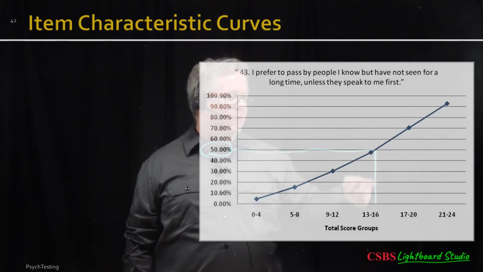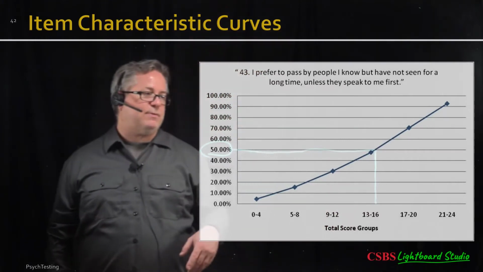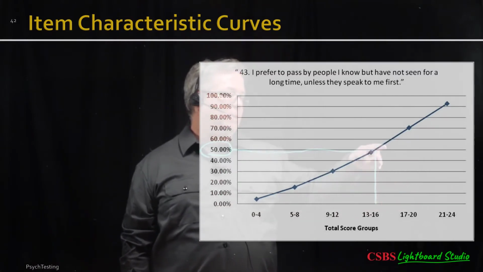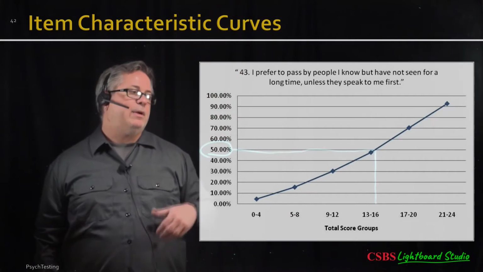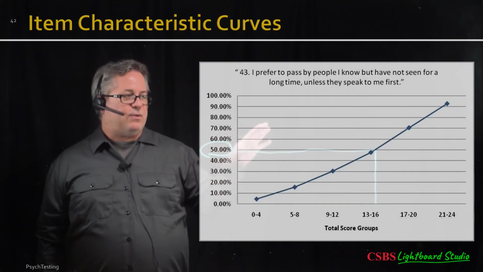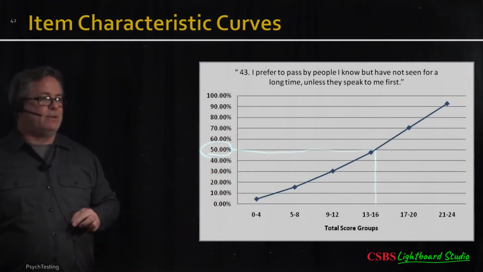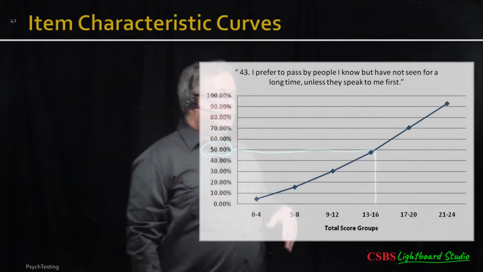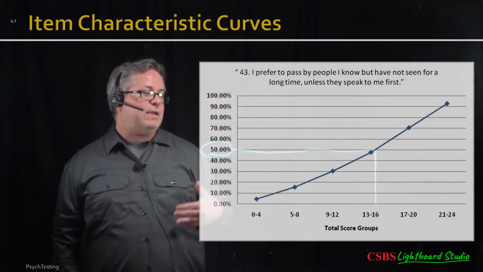I have to have a slightly higher than middle amount of knowledge about it to be in one of these higher groups before I would even have a 50% chance of responding yes to this question. So think about it. I prefer to pass by people. Remember, before it was cut off, this is the whole question: I prefer to pass by people I know but have not seen for a long time unless they speak to me first. Okay. So as a measure of social anxiety, in order to say yes to this item,